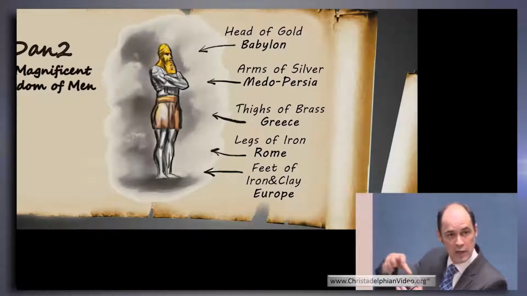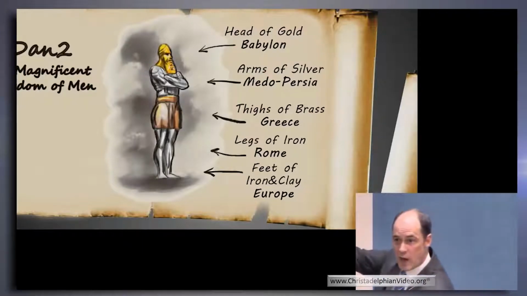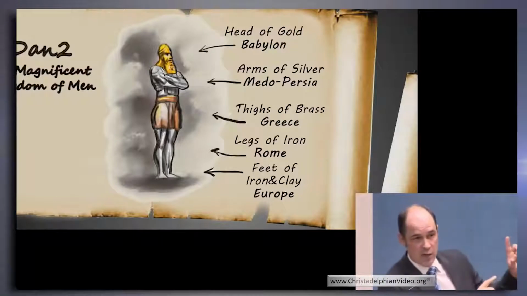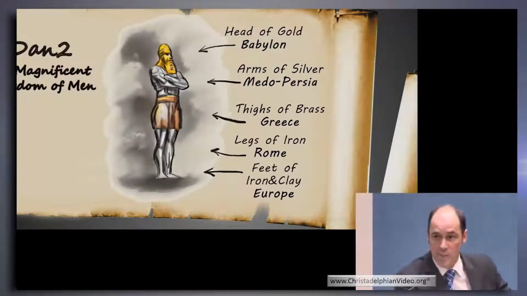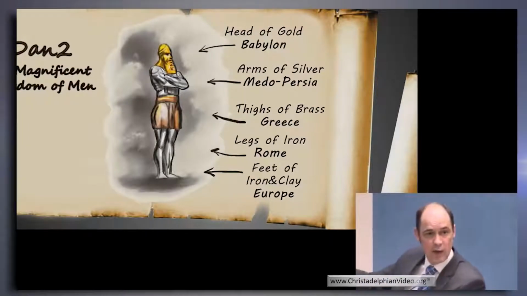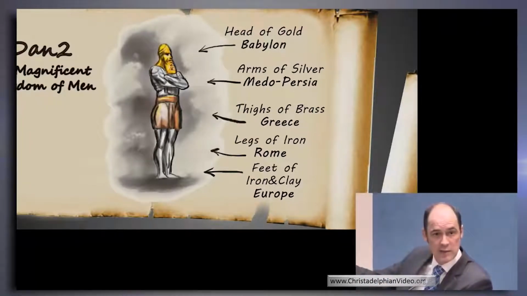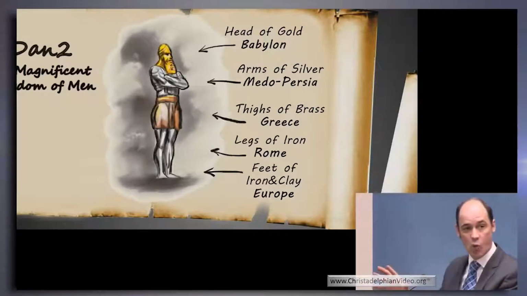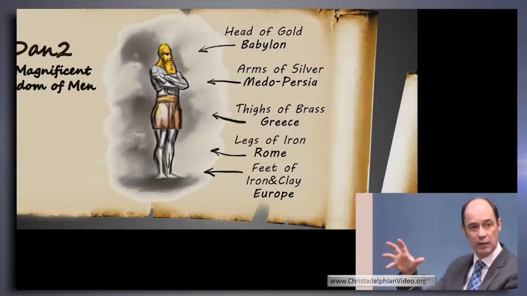And from here on in, the index links to all these different parts of Daniel and then all these different parts of Revelation. Why is it then that Daniel gives us a picture of a man image, whereas everything else is images of beasts? From here on in, it's all beasts, or perhaps a couple of trees and things, but generally speaking, it's all beasts. Why is this one consistently a man?